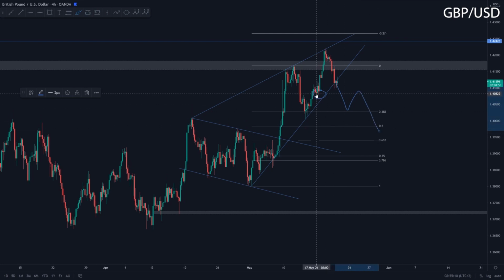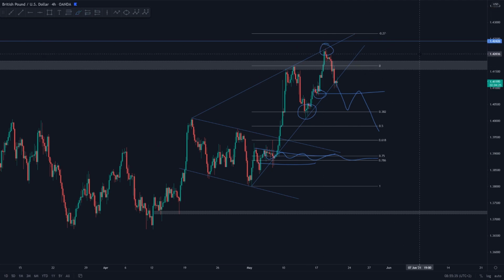And from there onwards, we can start looking for some shorts on pound dollar to crash further towards the downside. This move will be accelerated once we break this major low as well over here, and we will start crashing back towards this area of liquidity over here at around 1.39. So no longs on pound dollar until we break this high up above over here. So yeah, that is pound dollar for you.